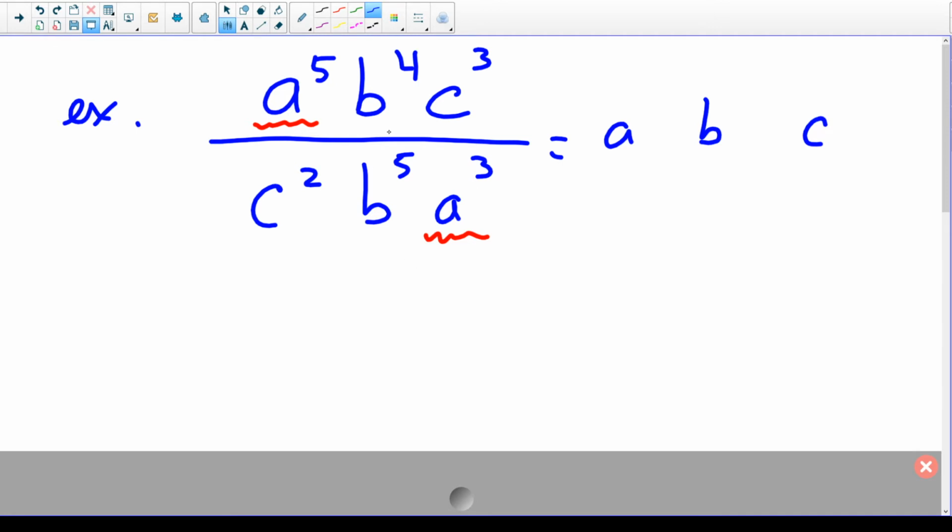How many A's do I have at the top? Well, if I have 5 of them at the top and I have 3 of them at the bottom, 3 of them are going to cancel out with 3 of them, leaving how many behind? And yes, I know you can just do 5 minus 3, okay? But it's that level of understanding that they're canceling out that I'm trying to really entrench in your mind here. So it would be 2 A's left at the top. When we look at our B's,